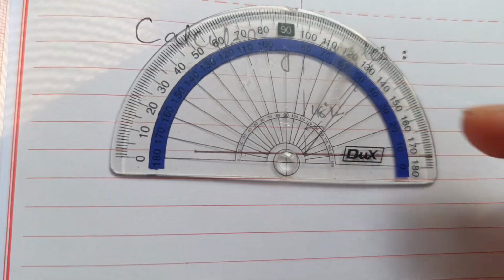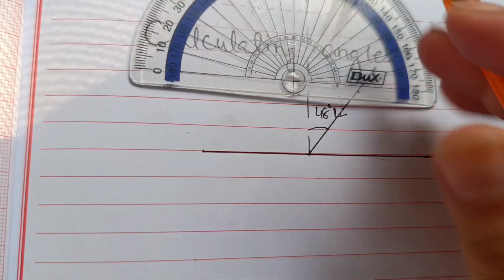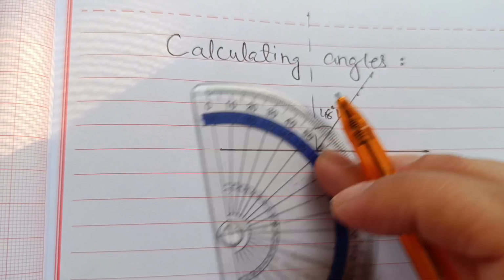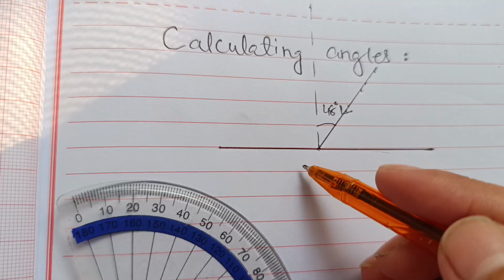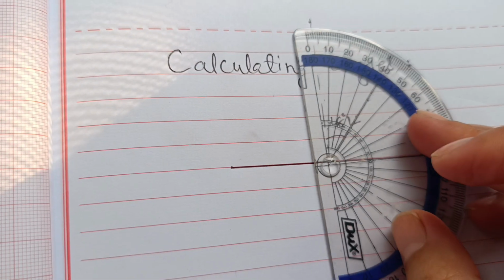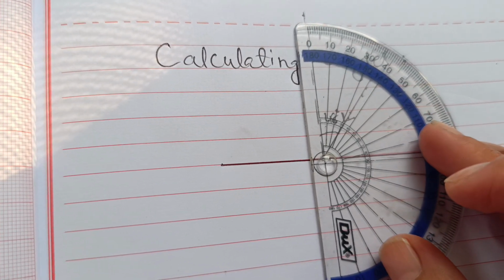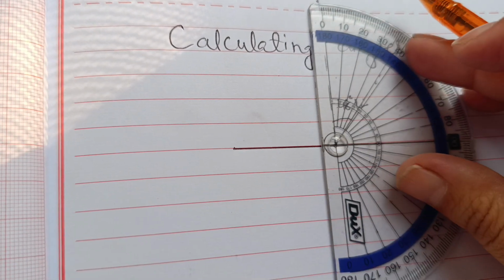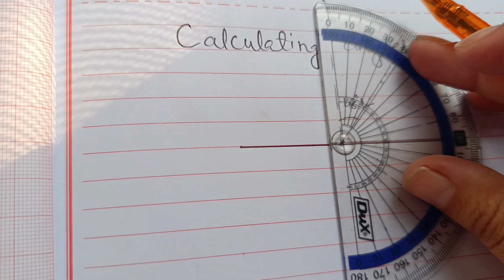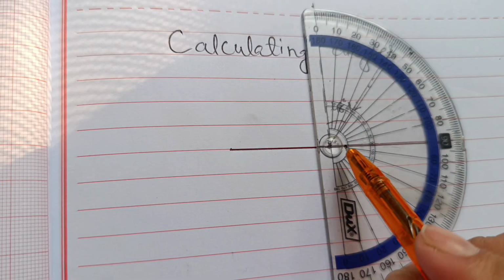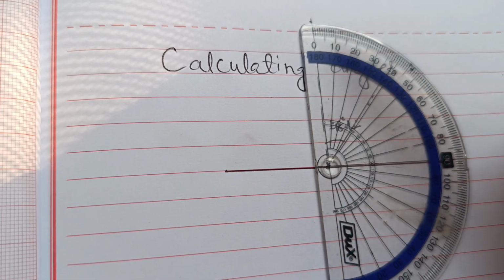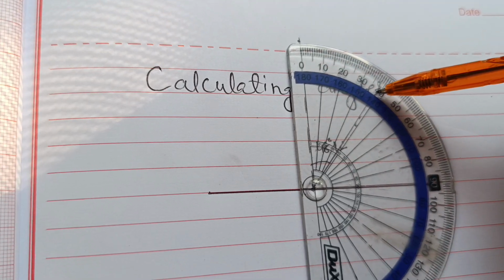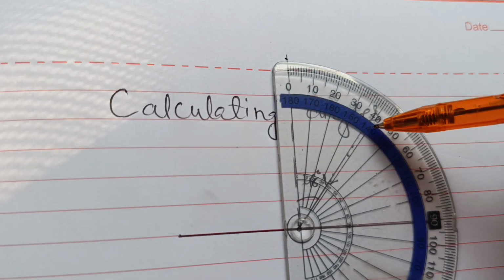So it's up to you whether you place the boundary at 0 and the normal at 90, or you can place it like this as well, because the angle is to the right side of the copy, right? So you can even place it like this, with the normal at 0. Now my normal is at 0, and the boundary is at 90. The angle of incidence is the angle between the normal and the incoming ray. So here you will directly get the angle.